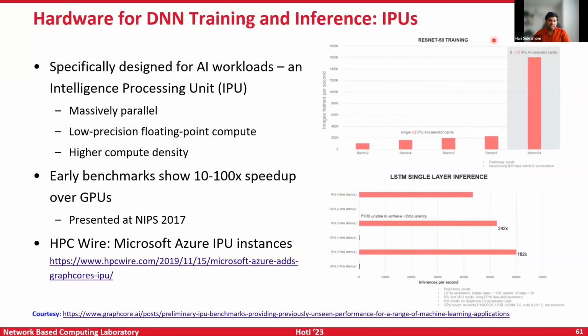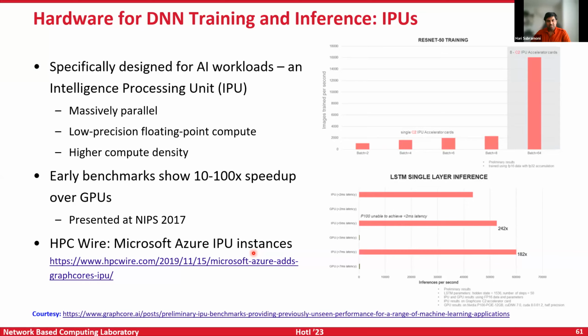The intelligence processing unit, or IPU, is another such example from Graphcore. So there are two components to it. They have the IPU and the corresponding popular graph processing unit. And when it came out several years ago, they were able to demonstrate at NIPS that the IPU with the corresponding communication middleware was able to significantly outperform the GPUs of that day. Now, this need not hold true anymore with the latest generation of the Hopper GPUs from NVIDIA, as well as the H200 series, which is coming up. But this was true several years ago. And again, like the previous hardware, these are also available as Microsoft Azure IPU instances